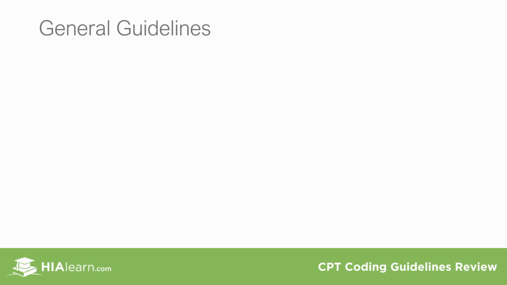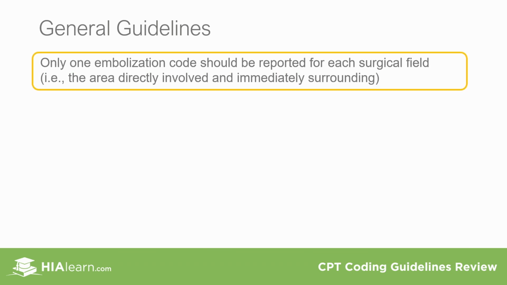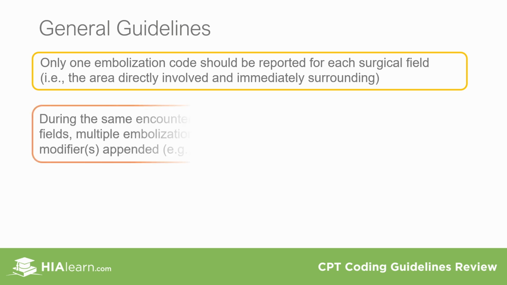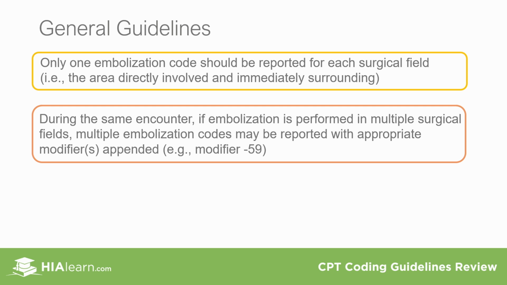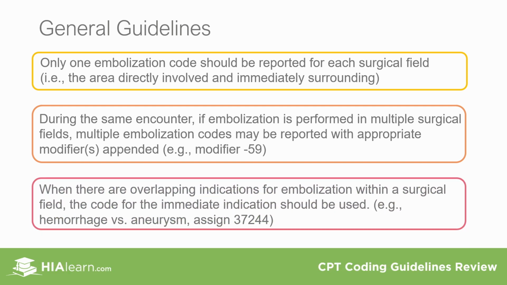Only one embolization code should be reported for each surgical field treated. A surgical field is the area directly involved and immediately surrounding that area. If, during the same encounter, embolization is required in multiple surgical fields, multiple embolization codes may be reported with appropriate modifiers, such as modifier 59, appended. When there are overlapping indications for embolization within a surgical field, the code for the